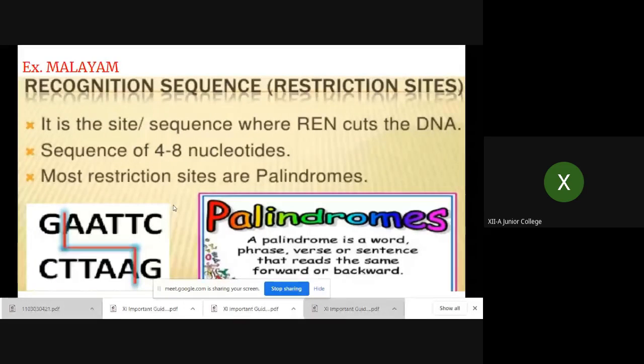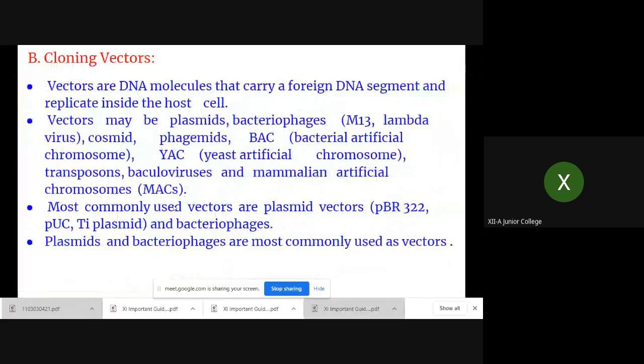Now we'll look at the next, that is the cloning vector. So the second requirement, biological tool, is cloning vectors. Now what is a vector? A very simple example I'll give you, you will come to know. You know how malaria is caused. What is the vector or the vehicle or the causative insect, or you can say the carrier, because of which this malaria is observed? Anybody can unmute yourself and tell me, so that we'll go ahead.